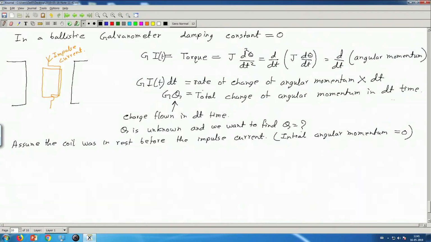Now total change of angular momentum is nothing but the angular momentum after the impulse current minus the initial angular momentum, which was 0. So GQ is equal to the angular momentum after impulse current,